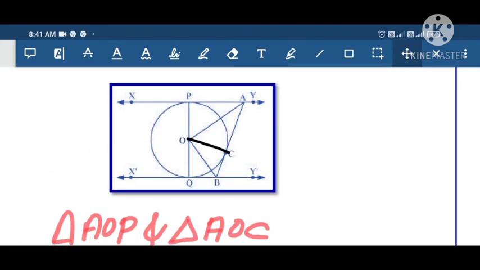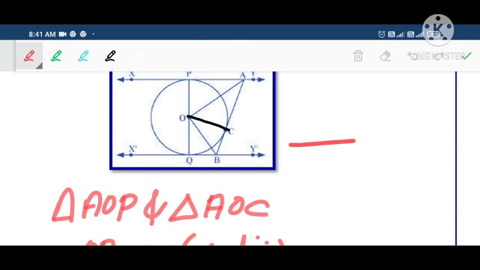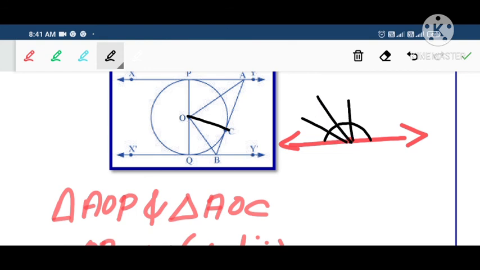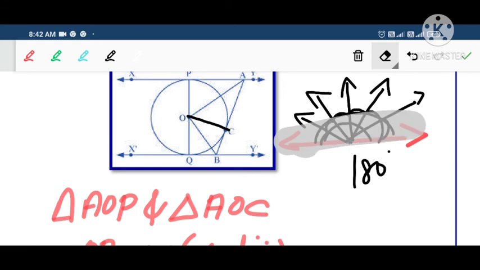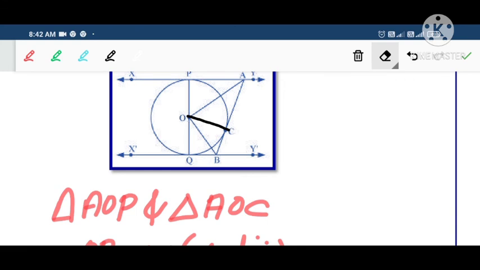Lines and angles. What is the angle of a straight line? You can see this. It is 180 degrees. If there are many rays going out like this, you can add angle 1, angle 2, angle 3, angle 4, angle 5, and then angle 6. If you add all the angles, you get 180 degrees. This is one of the concepts in lines and angles, and you can use this concept here to add the angles.